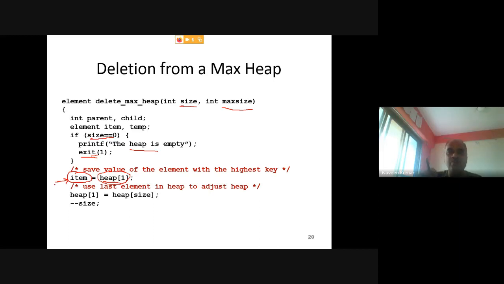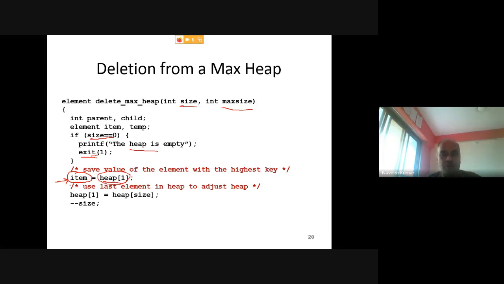Whenever you delete something in a data structure, in general, if you are a good programmer, you should always return that value, because if you are deleting, maybe you are using it somewhere. Whenever you call a delete operation in any data structure, maybe you want to use that deleted element somewhere. So always return that element. If you don't want to use it, you will just never catch that element in the calling function, right?